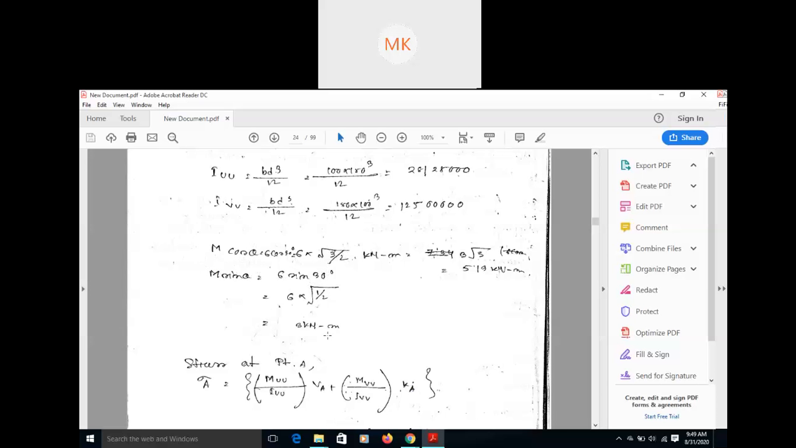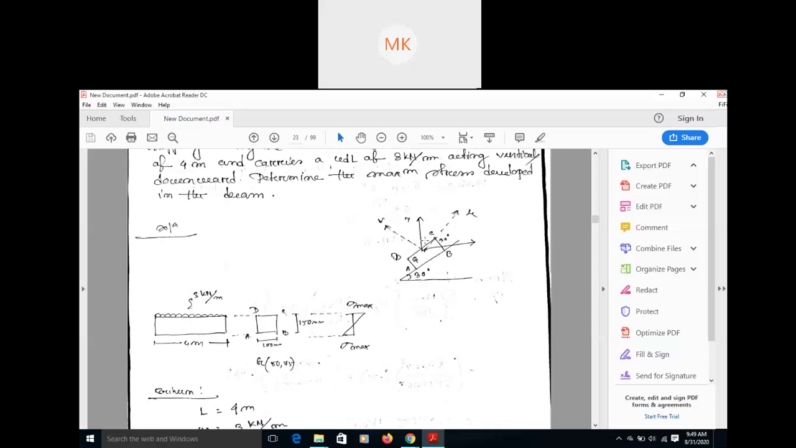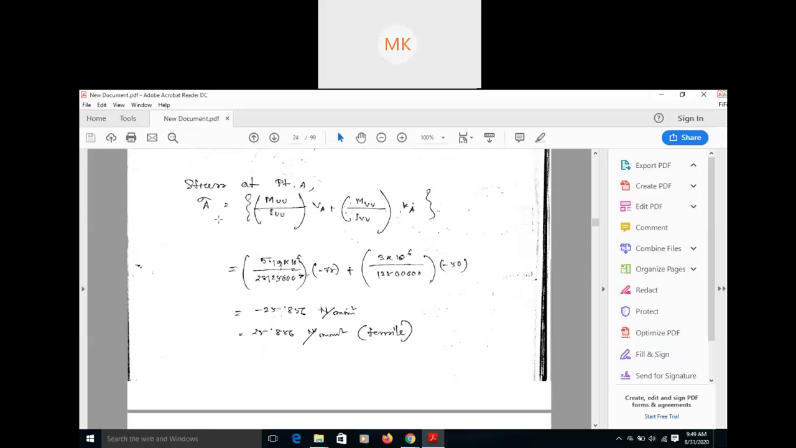Okay, so after this, what we need to do is find out the stress at every point, like at A, at B, at C, at D, for this section. Okay, for this section, A, B, C, D. At every point we need to find out the stresses. So this formula we are going to use. Okay, this is the formula